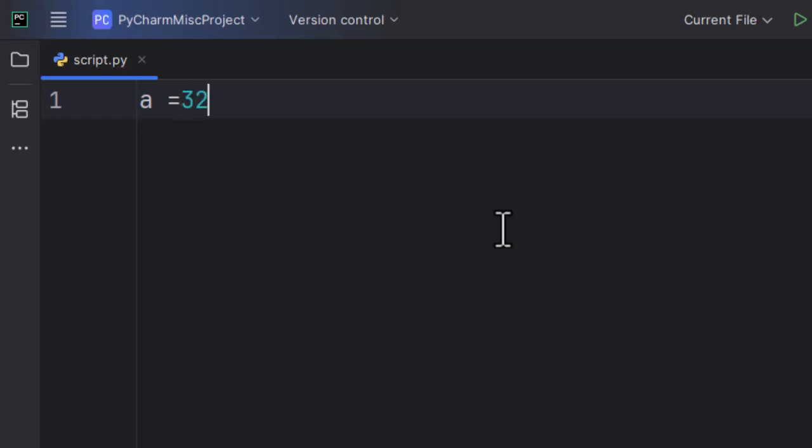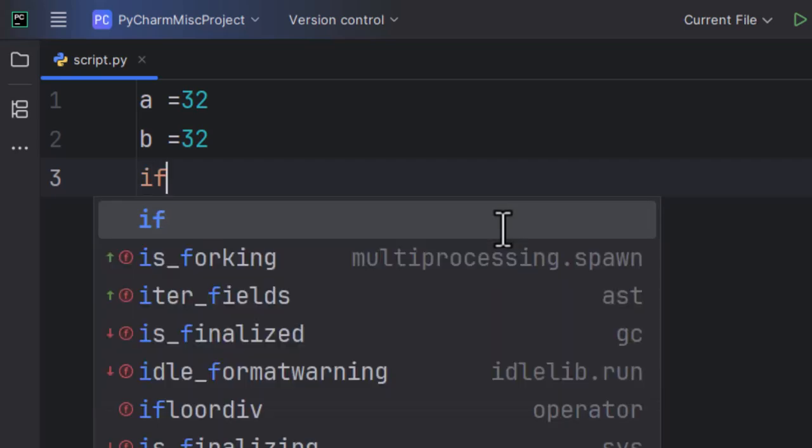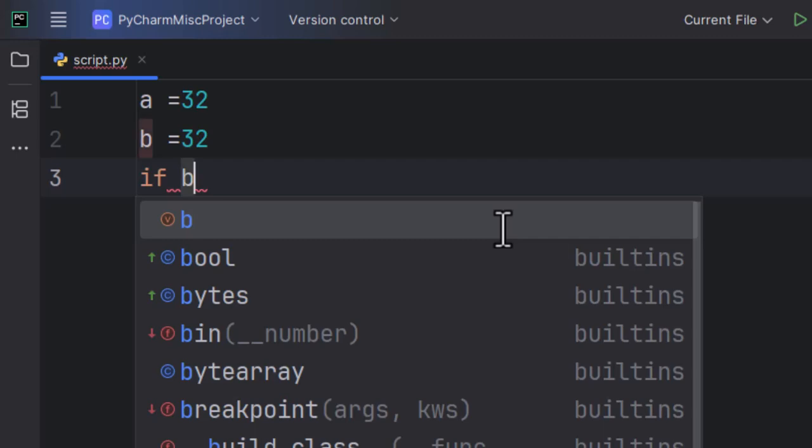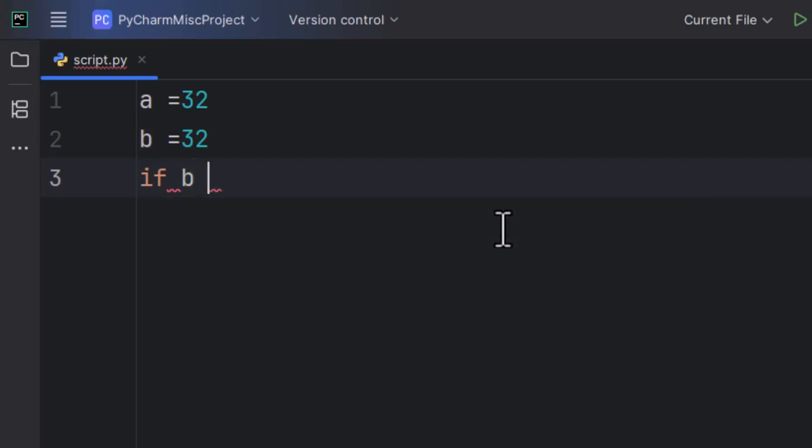Then let me create another variable, B, and assign it 32 again. And now I want to use an if. If B is greater than